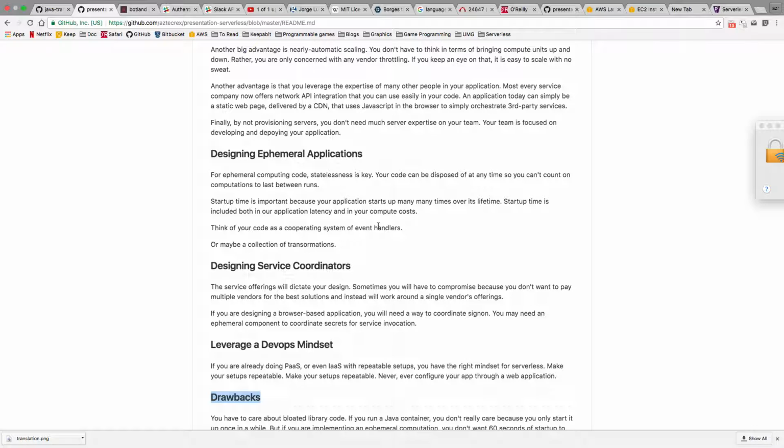The other part is startup time is important, and this killed me on my application. So I chose the Java option for Amazon AWS Lambda. For those of you who know Java, Java compiles down to really small class files. You get really, really compact stuff until you use somebody else's library. The second you use a library that isn't designed the way you design code, your application deliverable, the artifact, blows up massively.